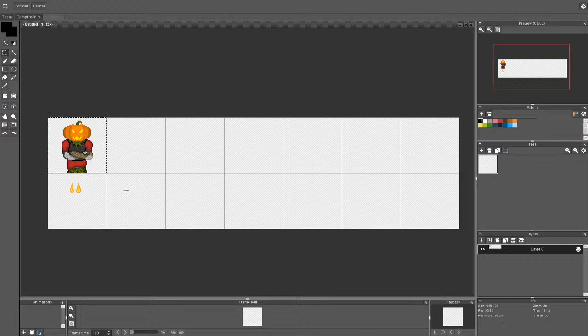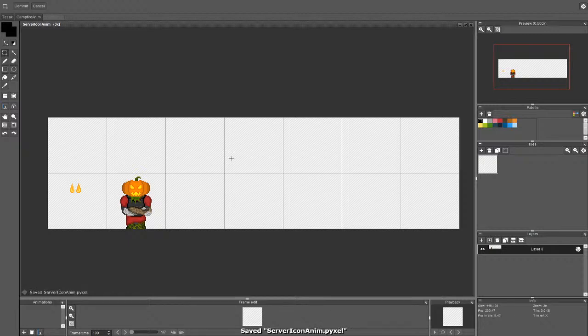So I like to make animations 7 frames long. So let me just quickly save this. I have a folder for Discord somewhere. Oh yeah, there. Server icons. Let's name it like this. Server icon anim.